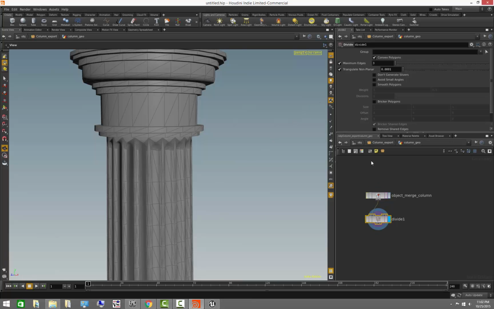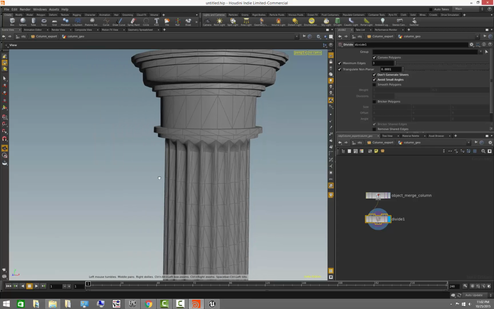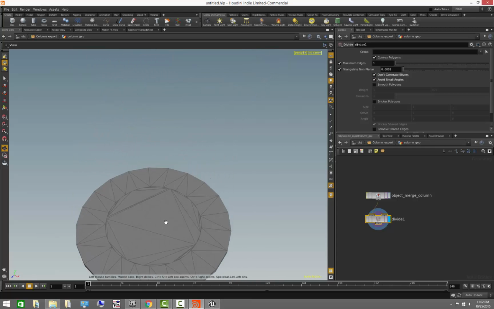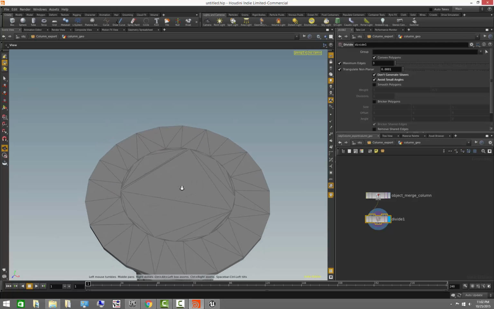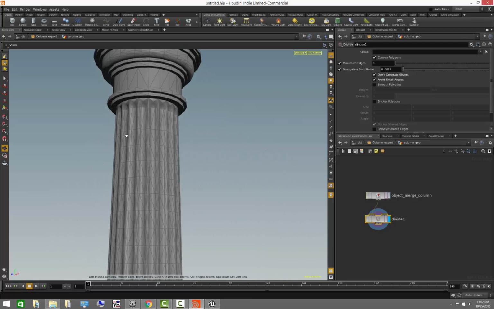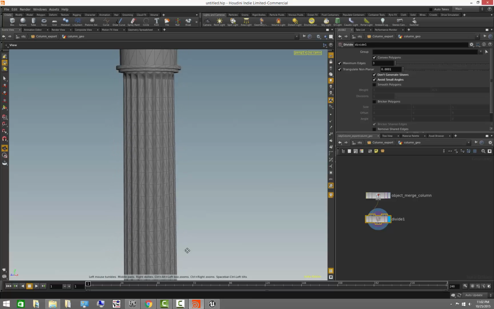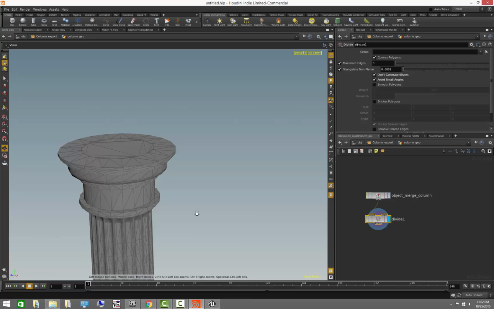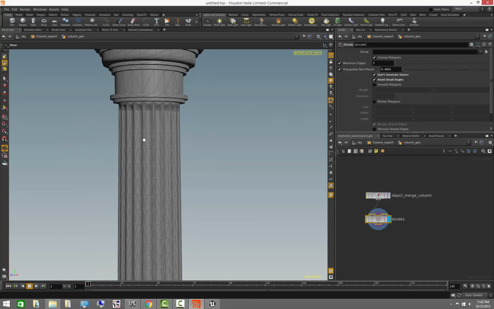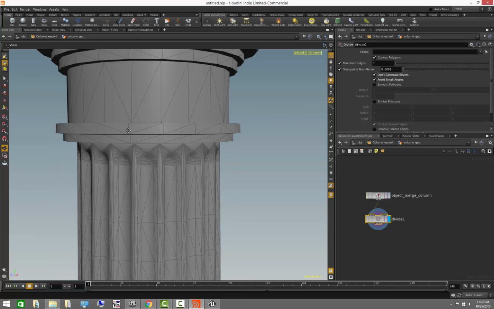Now I'm going to turn on don't generate sliver and avoid small angles to get a really nice triangulation. Okay, so this is very close to what Delaunay triangulation will be, and is the kind of triangulation that I want for the engine. But what's cool about it is that even though I have this mesh triangulated here, and I really don't like to look at all the triangles, especially around my grooves,